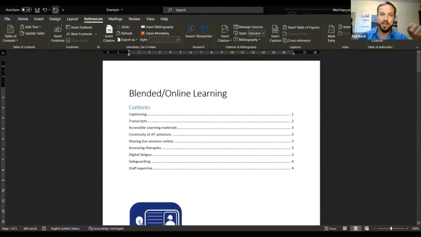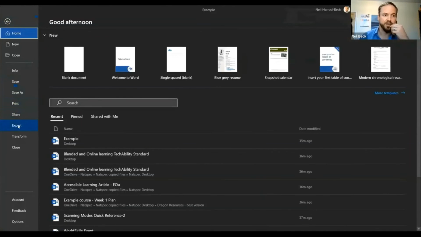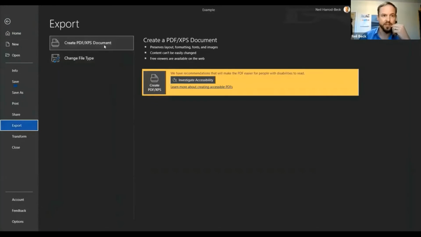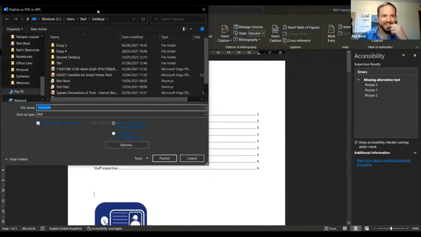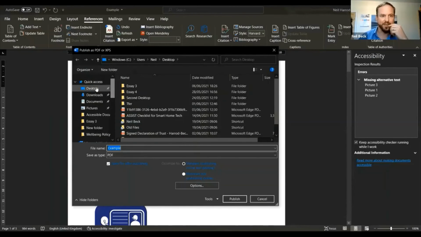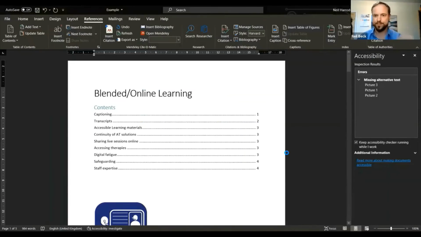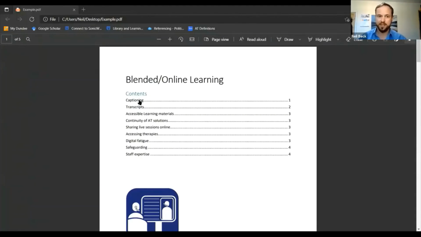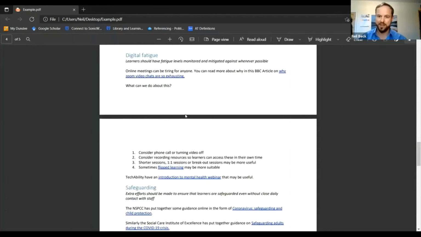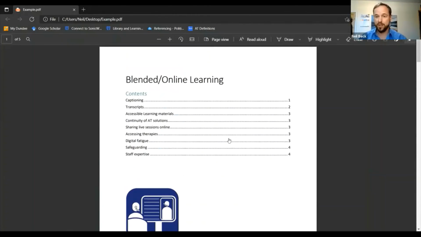And then if I publish that as a PDF, so if I go to Export, create a PDF document, and here we go. So I'm going to export that to the desktop. So yeah, that's my PDF, and the contents are not only on the page, but they're also clickable. So if I want to go quickly to Digital Fatigue, I can click on it and it'll take me to that title. So it also makes sure the PDF's more accessible. Okay, so that's it in Microsoft